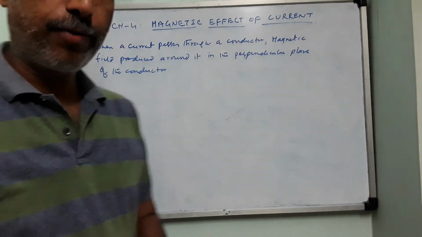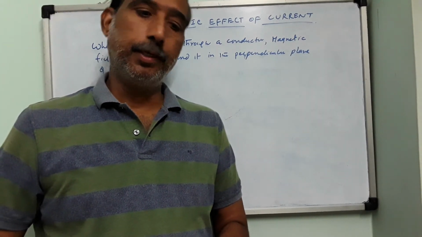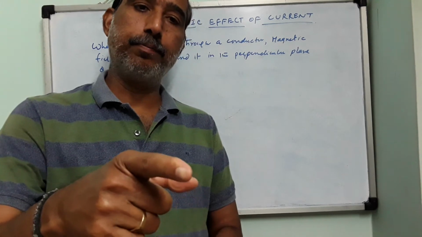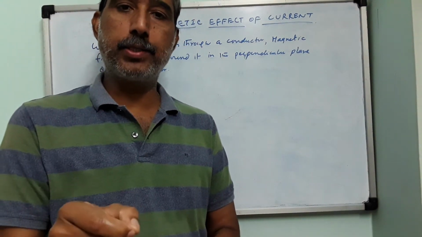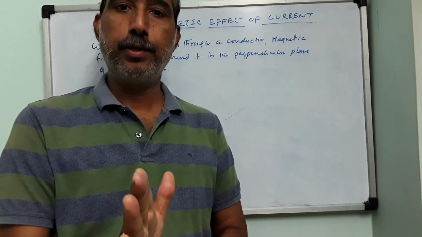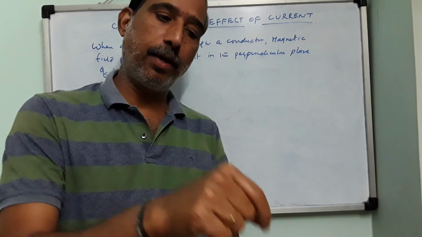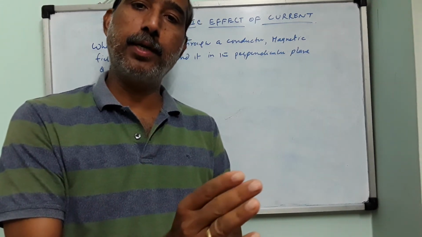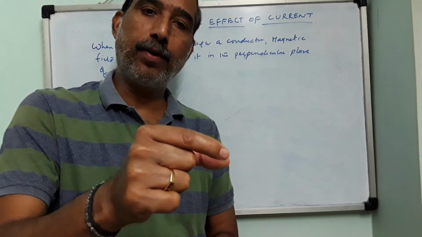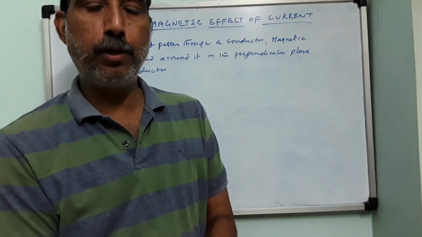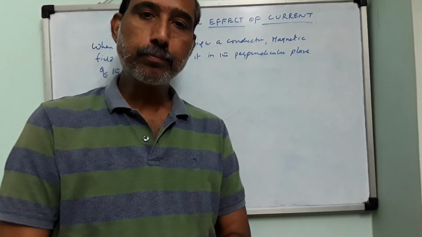So the idea of around it is that suppose here is a wire and it is carrying some current. You place a compass needle on its right side, you will find a deflection, say in one direction. And if you shift it towards left, it is found to be deflected in exactly opposite direction. If you keep above the wire, the deflection is something different. If you keep below the wire, the deflection is exactly opposite to the above one.